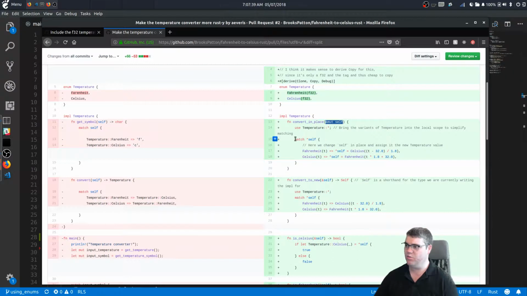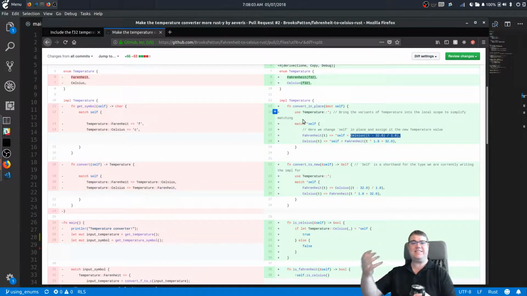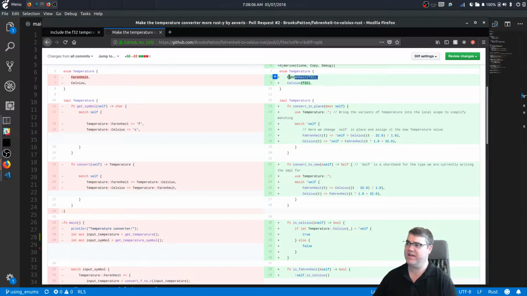So once we're in here, now we can match on the self and then say, okay, well, here's our Fahrenheit arm, and we're just going to set self, because it's mutable here, we're now going to assign it to be this. So whatever temperature is, it now is still itself, but it's different. Like, instead of being Fahrenheit, now it's Celsius. And so I think this is one of the things that I was asking about: can I switch around between them? And the answer is yes, and to do this, to create a method that sort of